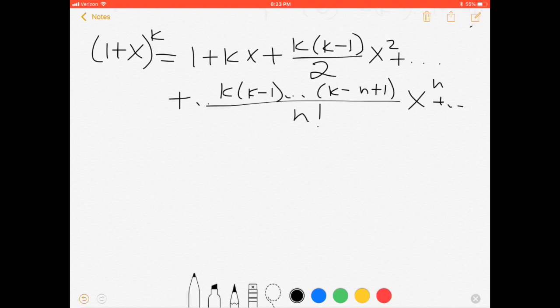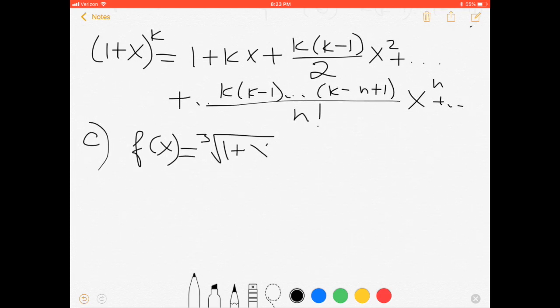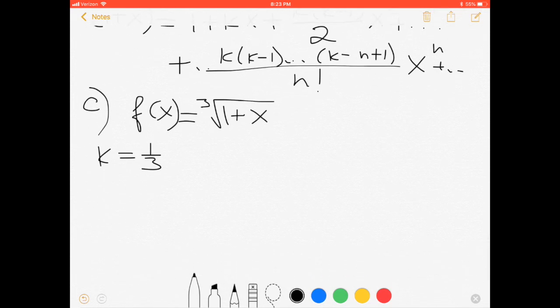Example C. f(x) will be the cube root of 1 plus x. This is k equals 1/3. And this means 1 plus x to the 1/3 power will be 1 plus 1/3 x